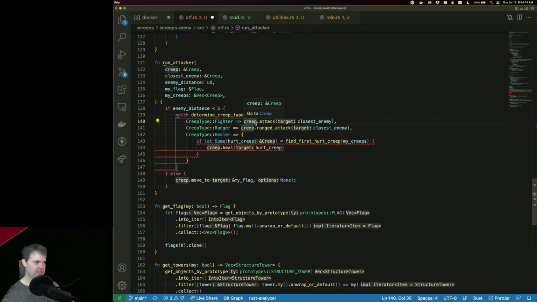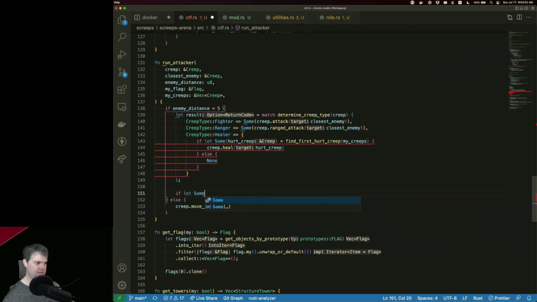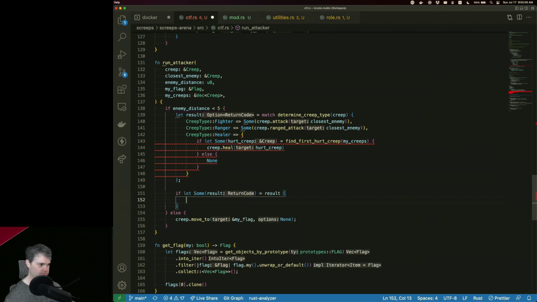So let's put a Some on each of these. Okay, so if let hurt creep, then I attempt to heal the creep. So that's great. Otherwise, it's a None. This gets a semicolon. And now I do a let result equals u. If let Some result. Okay, so if result equals return code not in range,